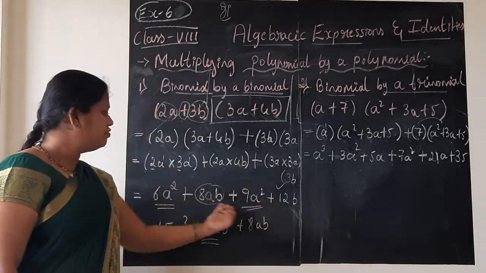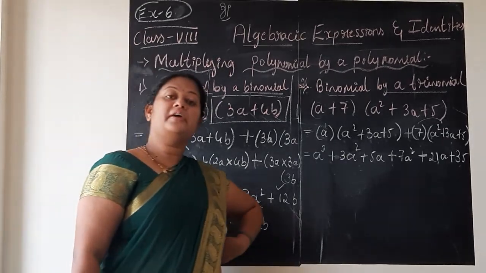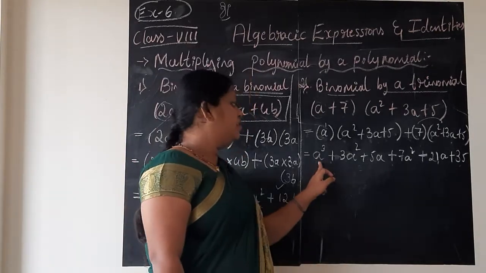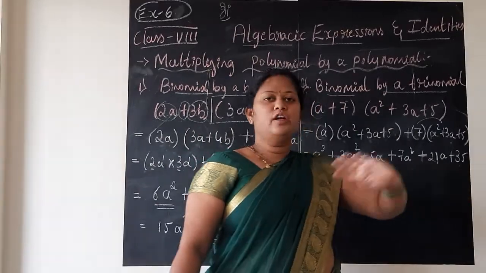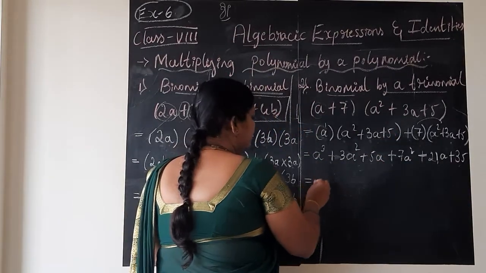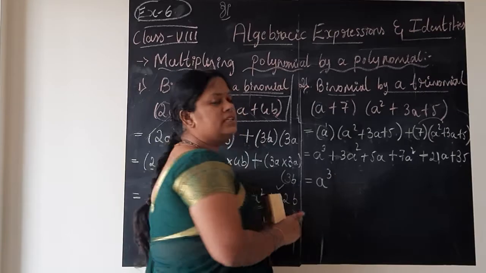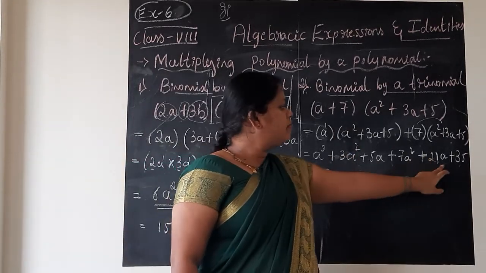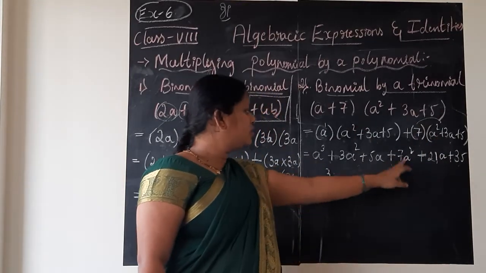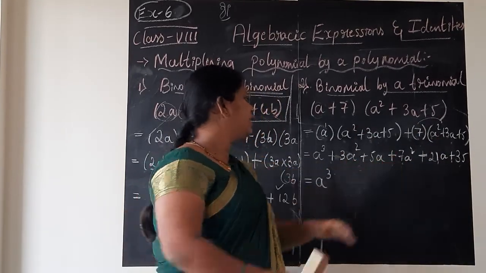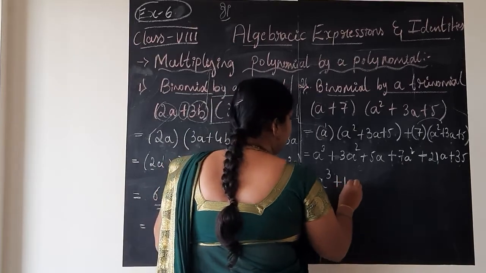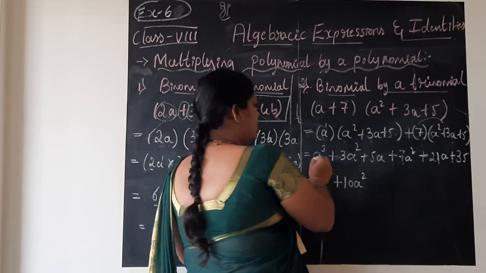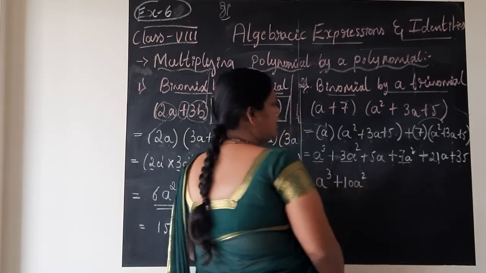As I said to you, check for the common terms, that is same variable with the different power. Same variable it is repeated, you should check. A cube. Do I have a cube term repeated? No. So leave it as it is. Leave it in the sense, don't leave it. Write it once as it is. Next I have 3a square. So do I have any term with a square? Yes, I have. Plus a square. Plus 3a square plus 7a square is 7 plus 3, 10. Don't disturb the variable. So write it as it is. So I am done with a cube, 3a square and 7a square.